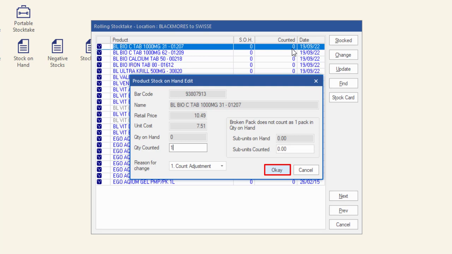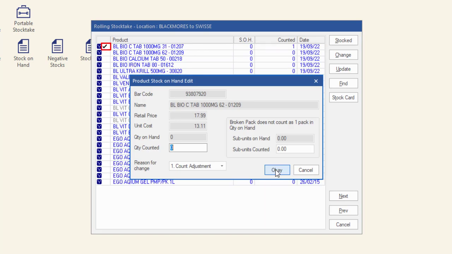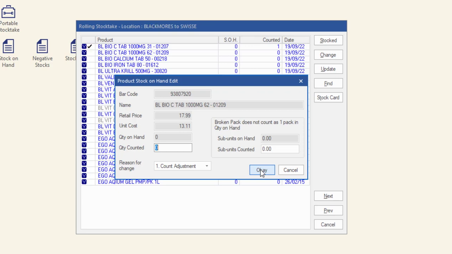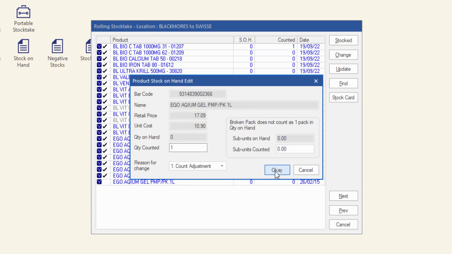Click OK to close the Product Stock on Hand edit window for this product and open the Product Stock on Hand edit window for the next product on the list. The check symbol will appear to the left of each product as you change the counted quantity. Continue moving through the list. The Product Stock on Hand edit window will close when the last product on the Rolling Stocktake window has a